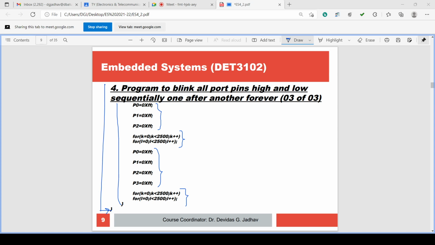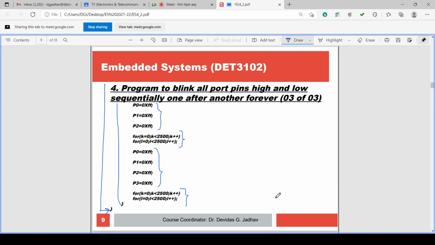What is new in this program is the nested for loop. One for loop does not have a semicolon, the second for loop has a semicolon. Due to the nested for loop, the second for loop executes 62,50,000 times, and the first for loop executes 2005 times. That will create a longer delay. So in this way, we have discussed this program logic.